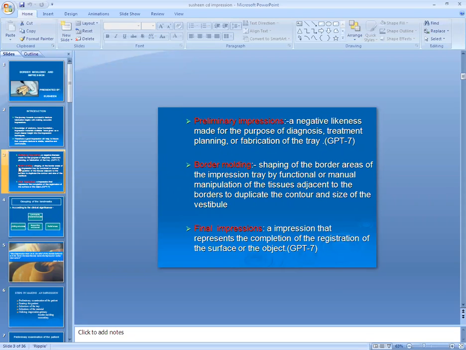Wash means you only add material in the relief, or spacer, area, recording the minute details in the final impression material, that is zinc oxide eugenol impression paste or any light body or alternate impression material. So this is the definition.